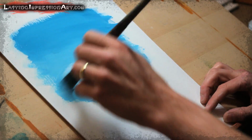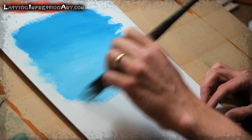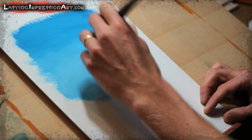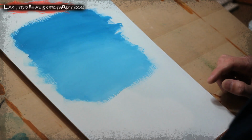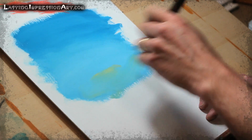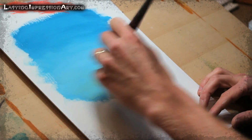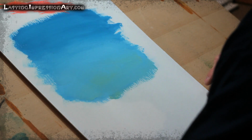Throw a bunch of white down there on the bottom. And so that's, a lot of times, how I do my skies. I can even throw in some extra color, like a little bit of Naples yellow or something in there, just to add a little color. Throw just a little bit of,